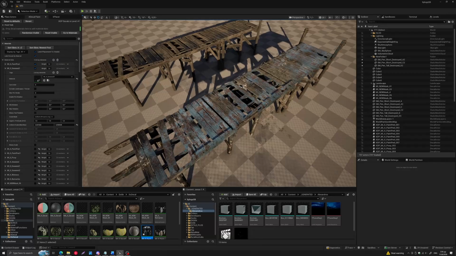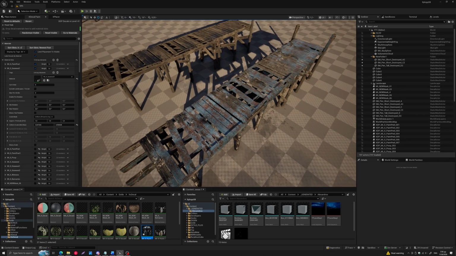Hi guys, today I want to show you some of the new features in XDP, some ease of life additions, but most importantly the new optimization cleanout section that allows you to instantly preview, inspect, and remove redundant decals inside an adjustable volume. So let's get started with the ease of life additions, and here I have this pier mesh,